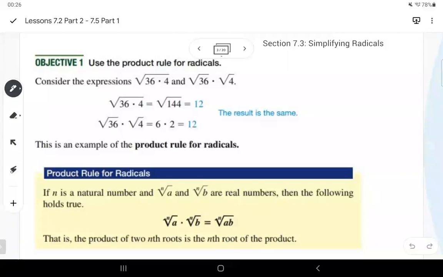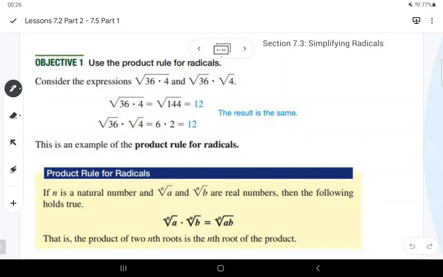Okay, so we are now going to continue on to section 7, Radicals. We're going to do 4 objectives. Objective 1 is use the product rule for radicals. Objective 2 is use the quotient rule for radicals. Objective 3 is simplify radicals, and objective 4 is using the Pythagorean theorem. Okay, so